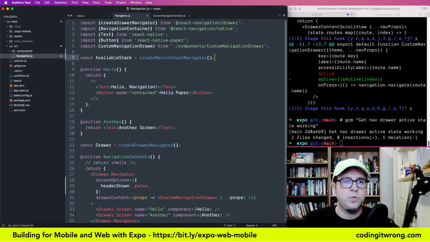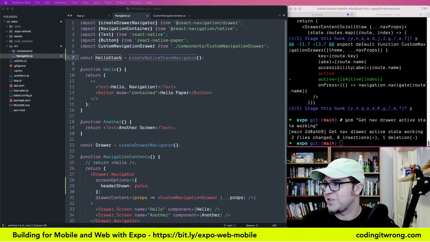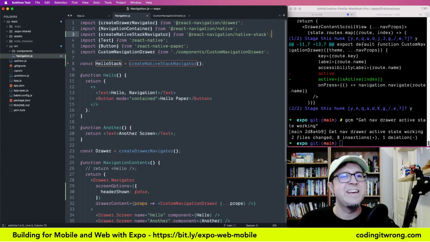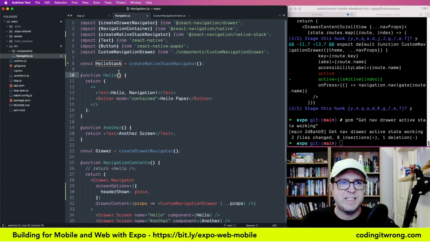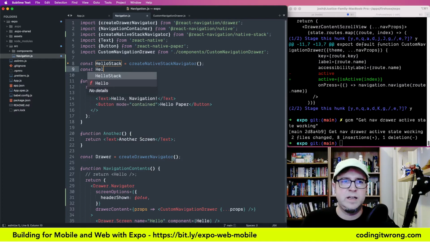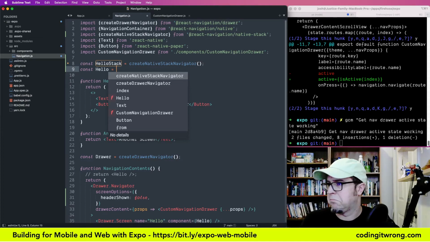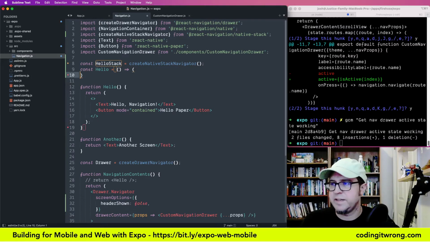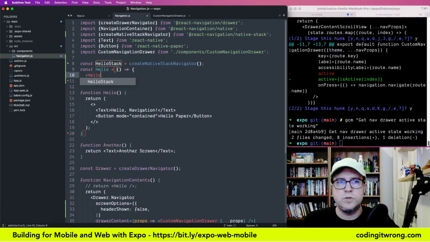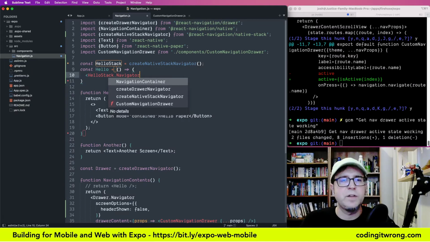So for hello, we're going to create a hello stack. It's a native Stack Navigator, which is interesting because the native Stack Navigator also works on the web. Naming things is hard. So we've got a hello stack, and then what happens with that hello stack? I think what I do, let me just type this out. Say const hello equals, I just went with a const here because I knew that it's getting returned directly. Hello stack.navigator,